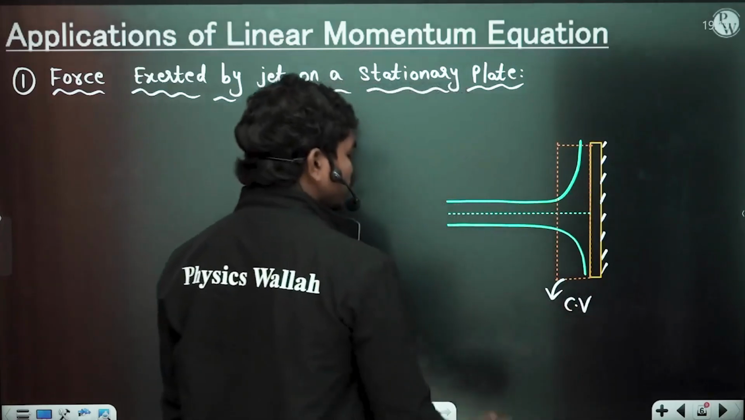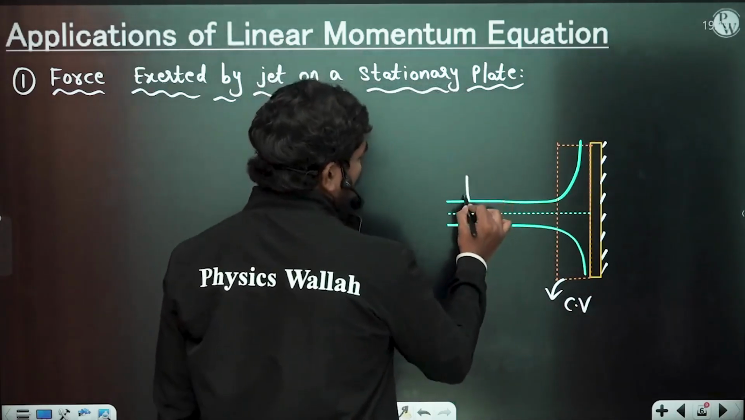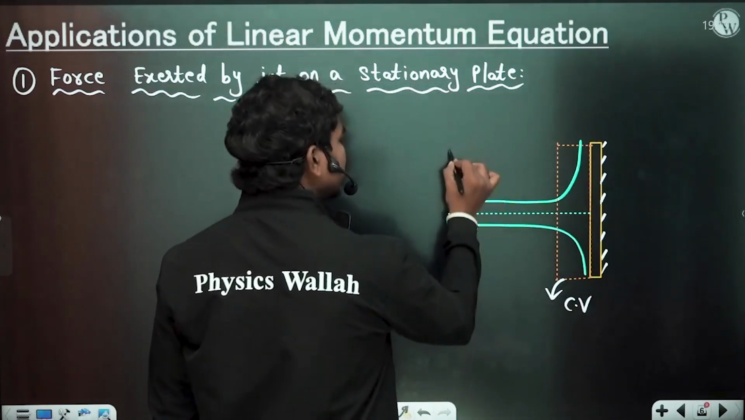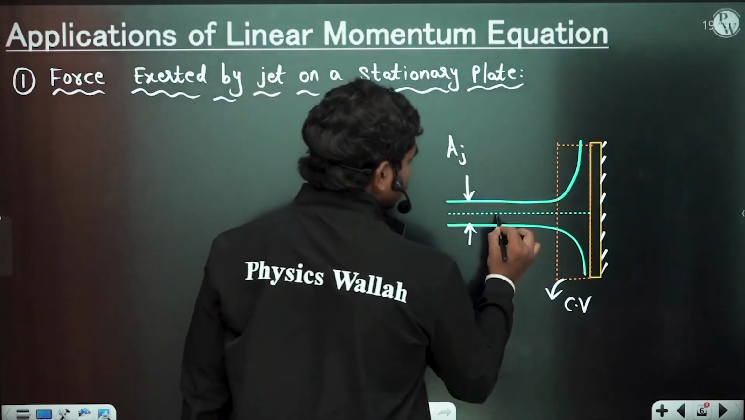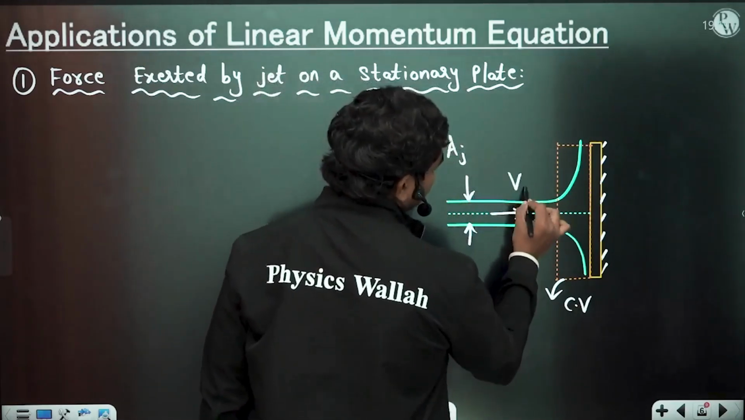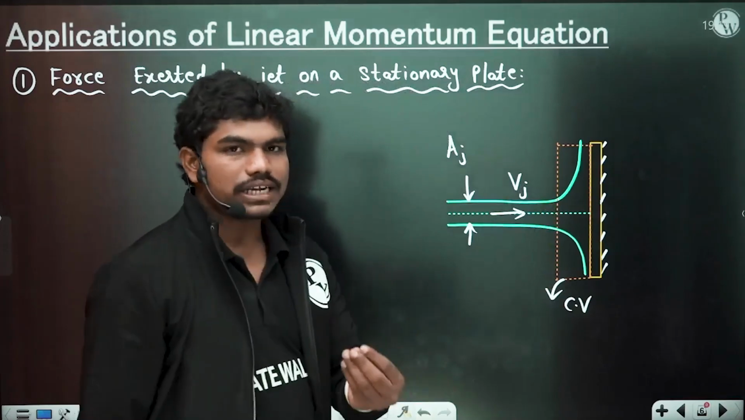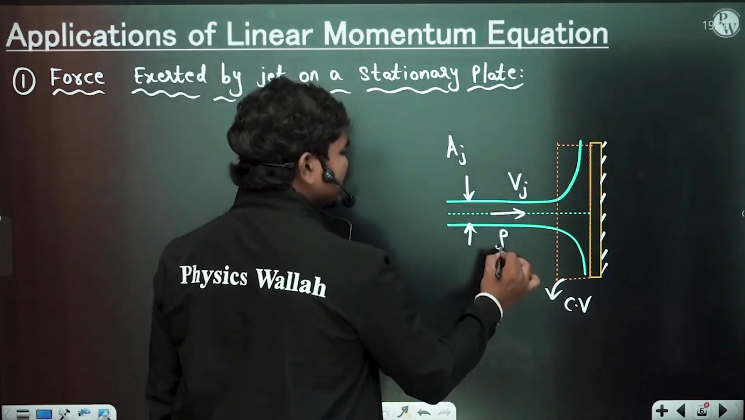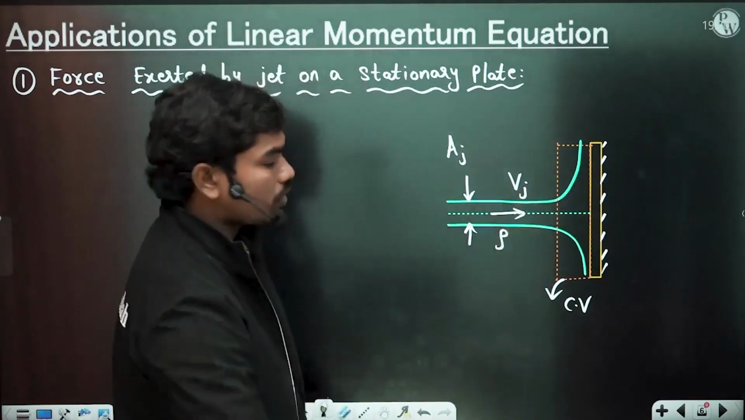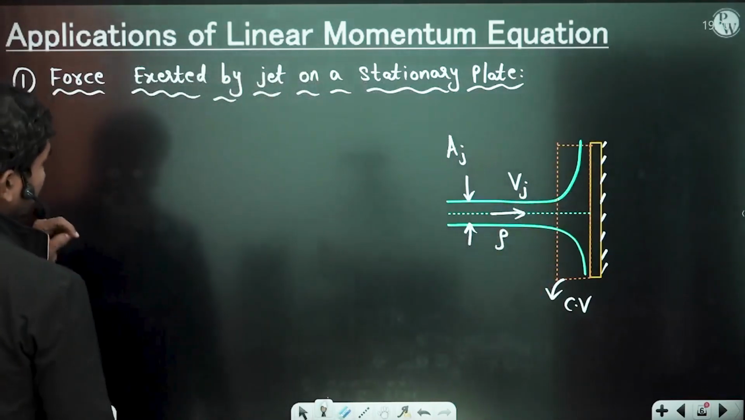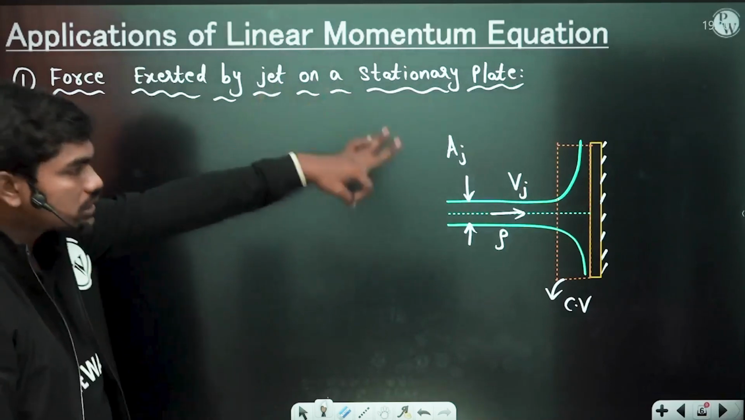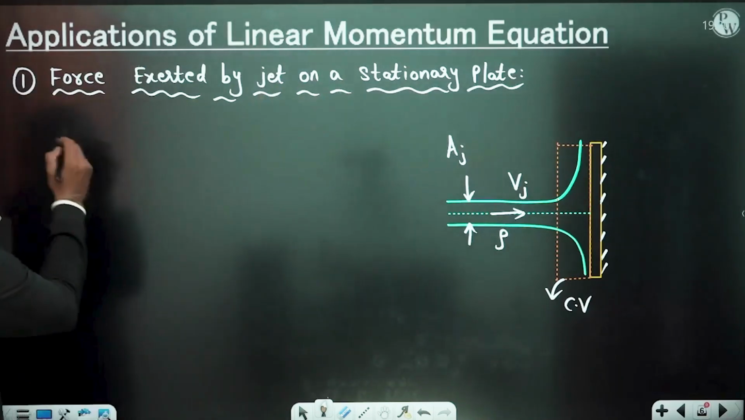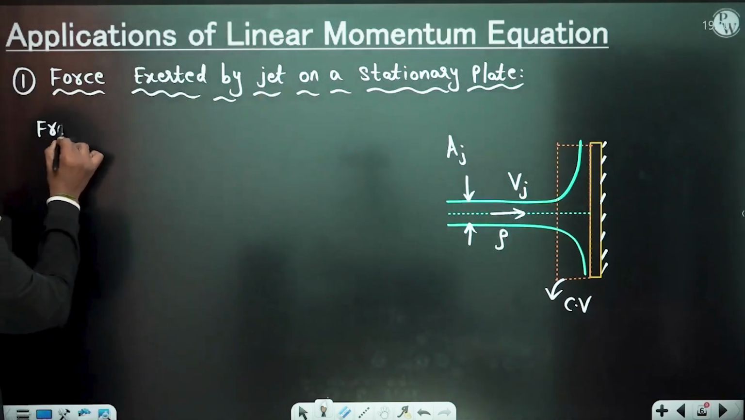If this is my control volume, let us suppose the area of the jet is Aj and the jet is traveling at a velocity Vj. This is the plate, and let us suppose the fluid has density rho, normally water jets. Now if you want to calculate the force exerted by the jet on the stationary plate, we know from RTT